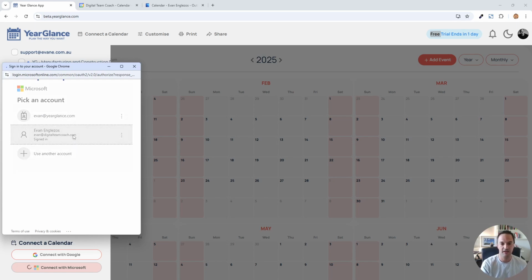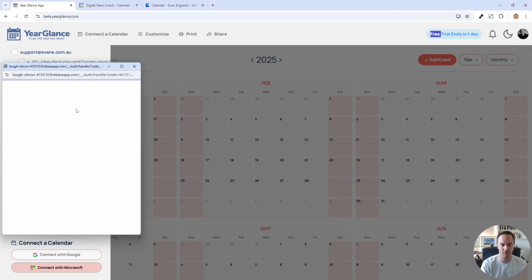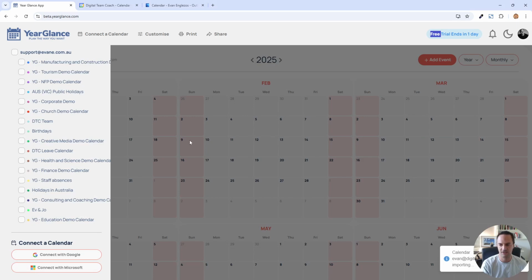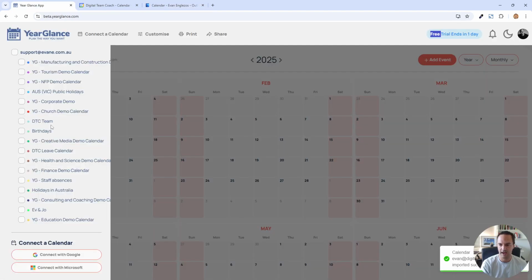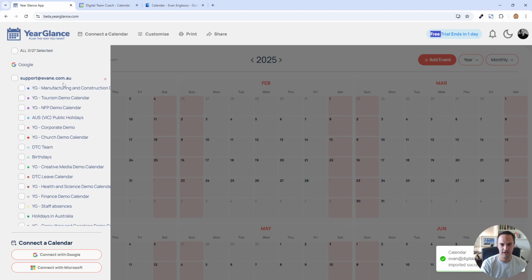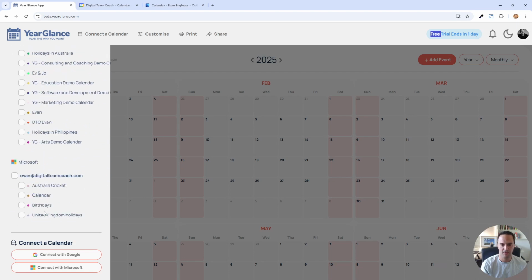So we're going to connect to this calendar here. Now, just temporarily, there we go. It's worked straight away, and it's bringing in the calendar. We've got 4 sub calendars, the main one associated, and then 3 other ones here, and it's brought it in. So there are the Microsoft ones here. So there are the 4 calendars there.